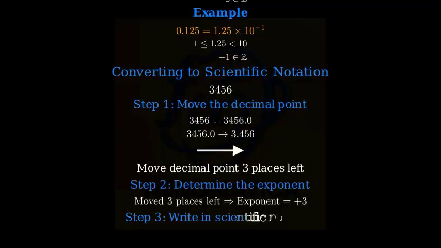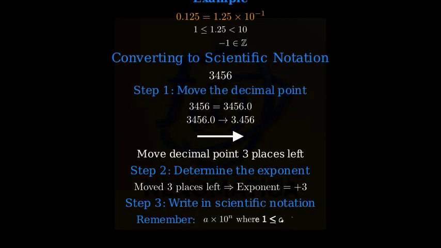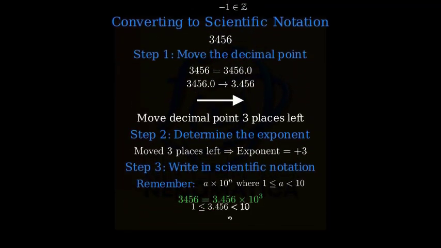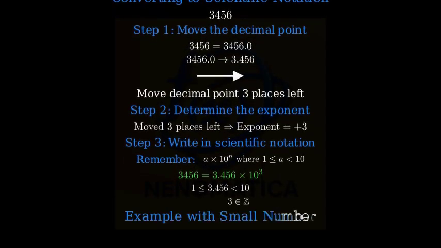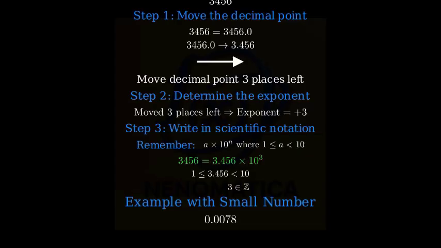Step 3. Write the number as a coefficient times 10 raised to the appropriate power. Thus, 3,456 equals 3.456 times 10 to the power of 3. Let's try one more example, but this time with a number less than 1. We'll convert